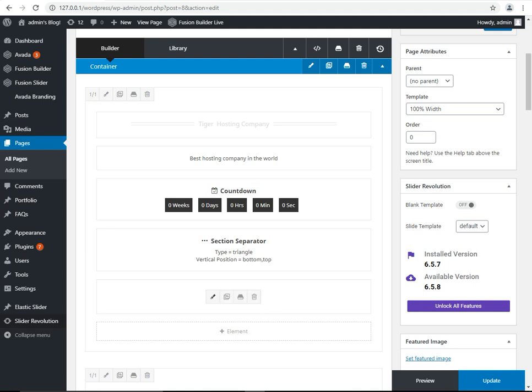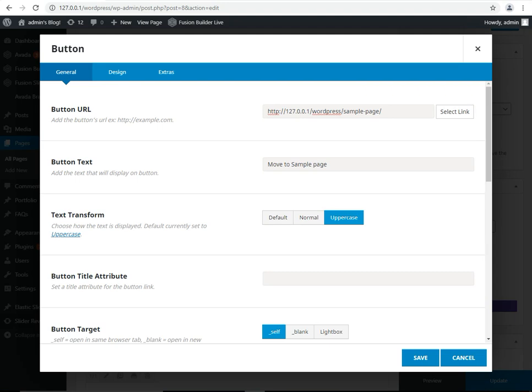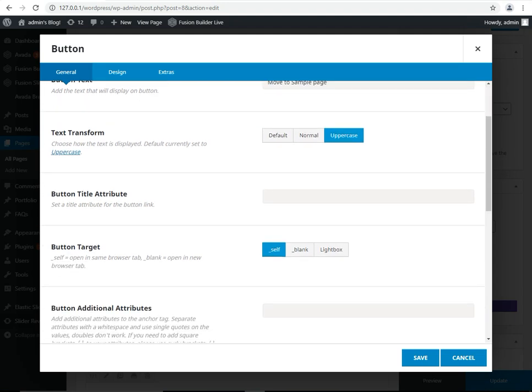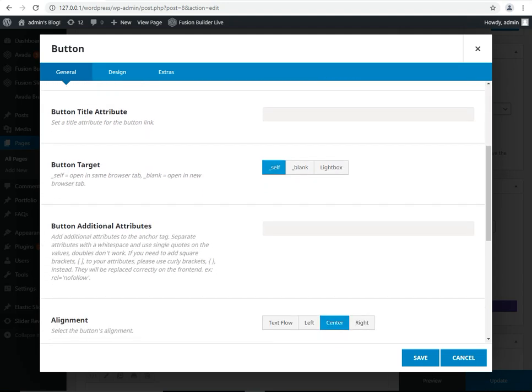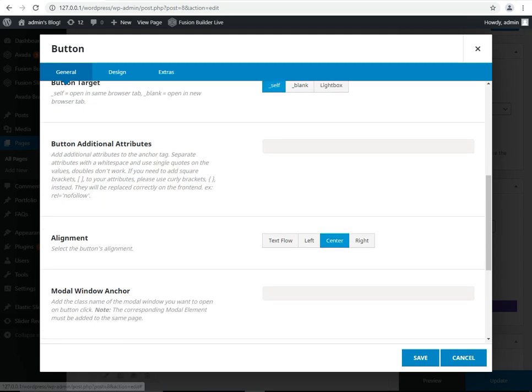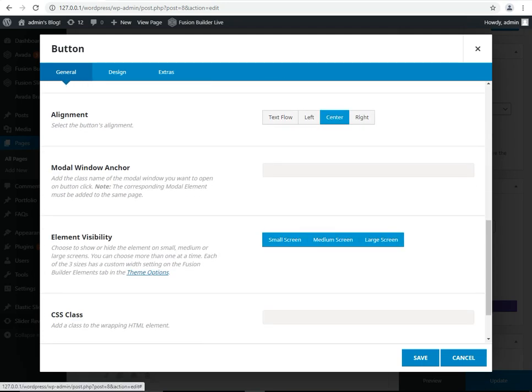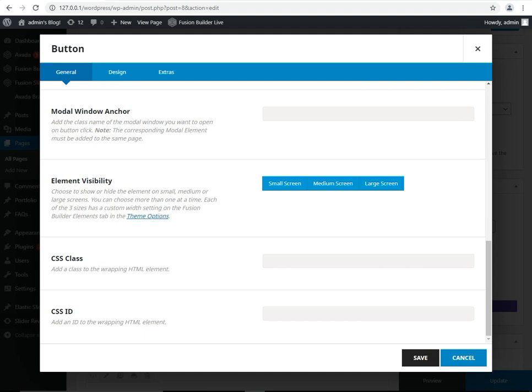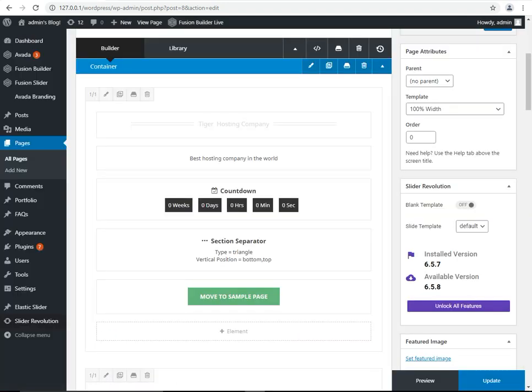After this we are going to change the color of this button. Uppercase, button text, button target, button attributes, alignment, visibility. No settings are available at this time, but we are going to set this in future.